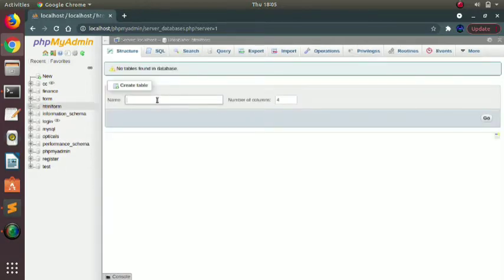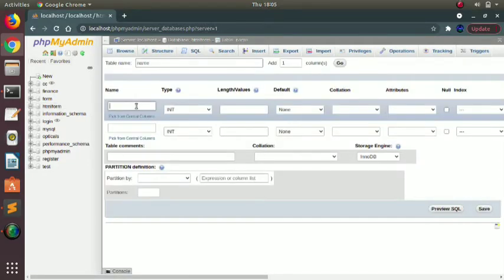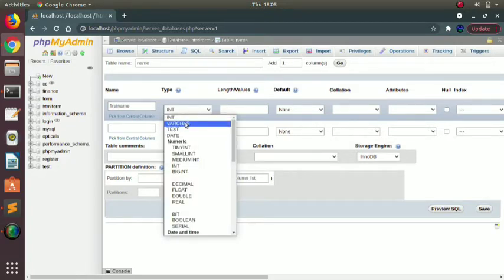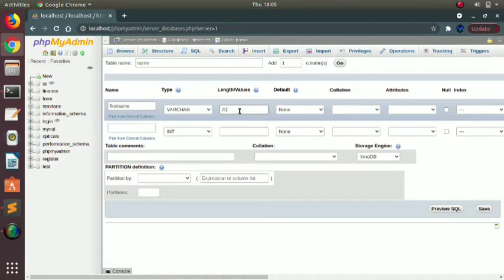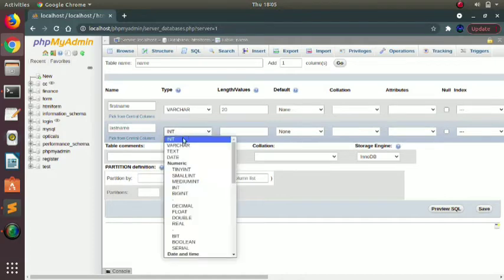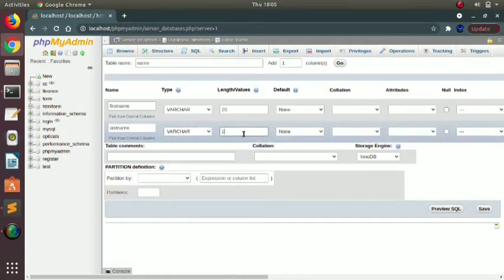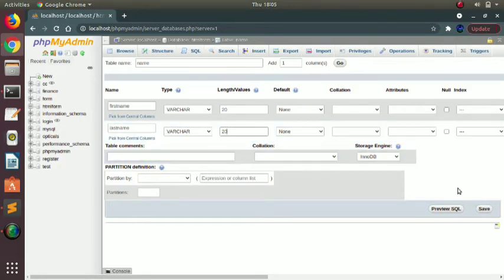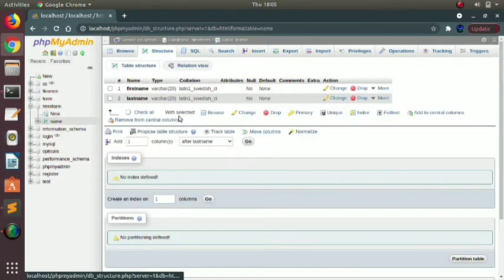We need to create a table. Let me create a table named name with 2 columns, first name and last name. Let me create attributes. First name type is varchar with length 20, and the last name type varchar with length 20. Varchar means you can store any types, like integers or numbers or alphabets, whatever it may be. We can store that. You can see here we have created the database, and